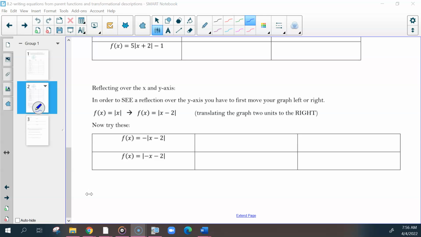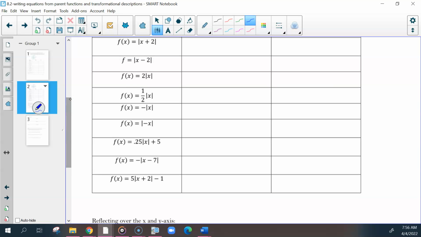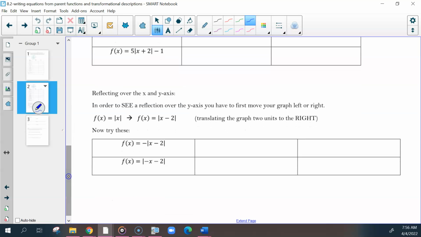So for this one, and we mentioned something about this, how we did this one, this f of x equals the absolute value of negative x, and when we did it, nothing really changed. This is going to talk about why that really is. So here, they're telling us if we have a reflection over the y-axis,